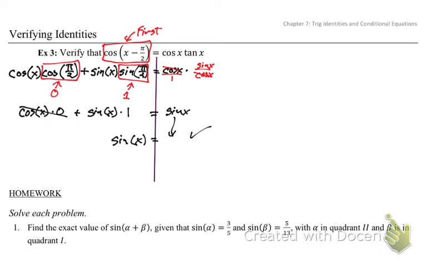Have we had a problem yet where we simplified both sides of it? We did this one. A lot of times you can do it, and it depends on what method you used. If you look at my answer key, some of them I did on both sides, and some of them I just did strictly on one side, and I could push my way through it. But this one's a very good one to work on both sides, because I know I have to do this first, but I'm also looking at this and I'm like, that tangent probably has to change too. So this is one of those that I'm probably going to have to work on one side, stop, and go to the other side. All right, questions on any